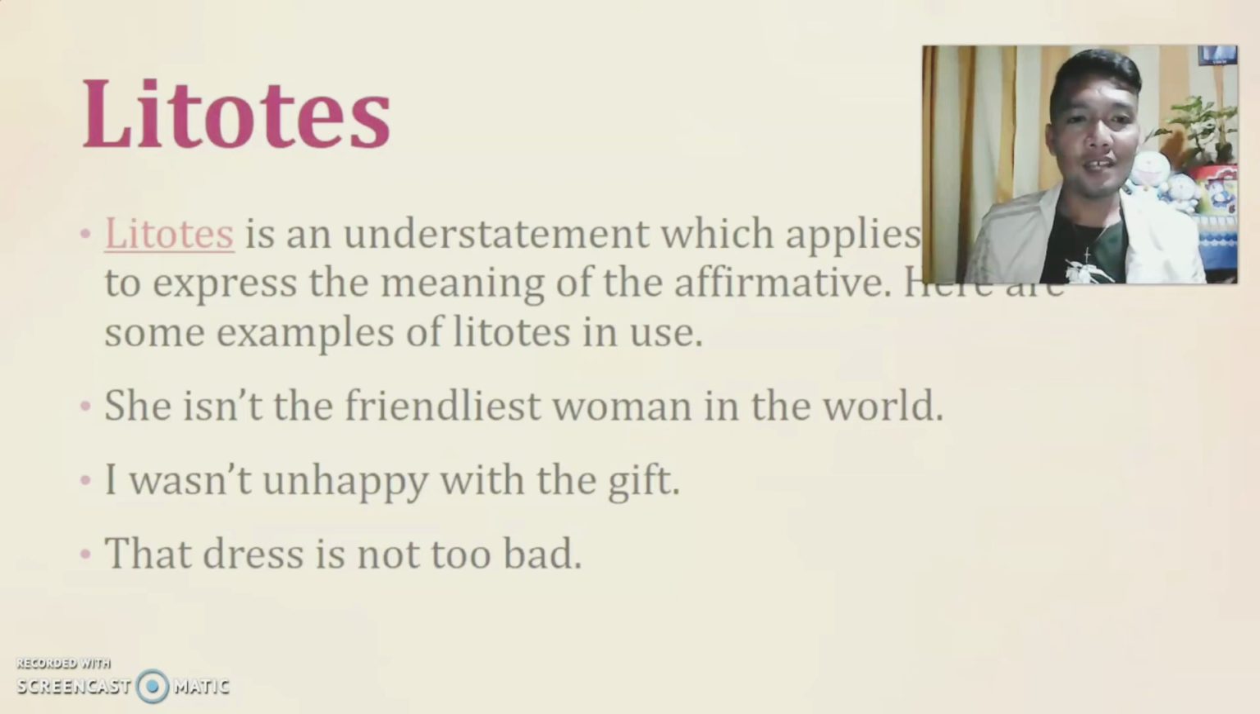Okay, so there is actually a sense of negation in these examples. There is isn't, wasn't, and not too bad. These negations are applied in the statement to create an effect that means the opposite. So she isn't the friendliest woman in the world. It's basically the friendliest woman in the world. She is the friendliest woman in the world. Okay. So next,